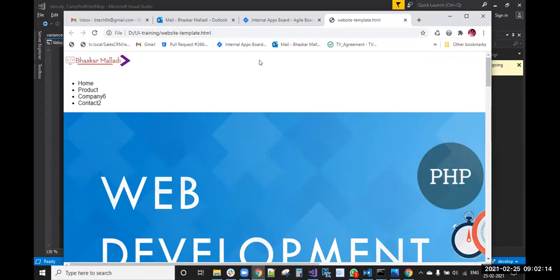But what we need to do is, for this home, product, company, contact there, right? The styling is there, right? We will keep that styling everything outside. These things we will give float left or display flex. In which viewport, what properties we require, that only we will keep inside the media queries.